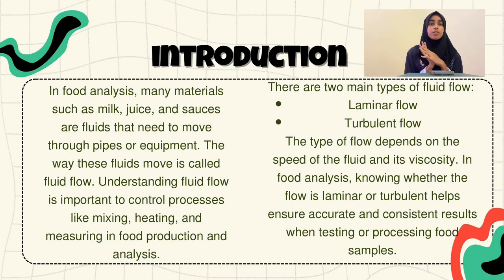There are two main types of flow. First is laminar flow and second is turbulent flow. The type of flow depends on the speed of the fluid and its viscosity. In food analysis, knowing whether the flow is laminar or turbulent helps ensure accurate and consistent results when testing or